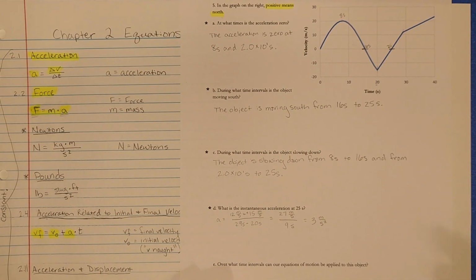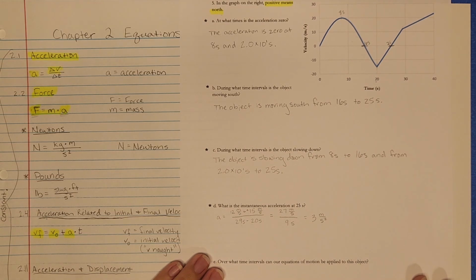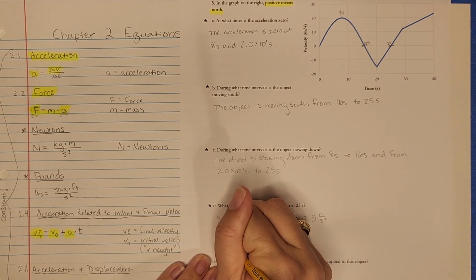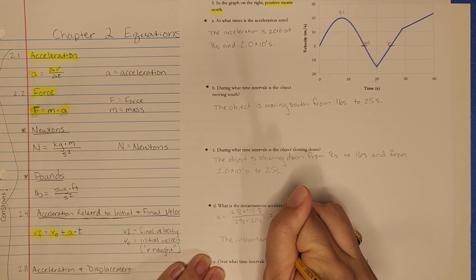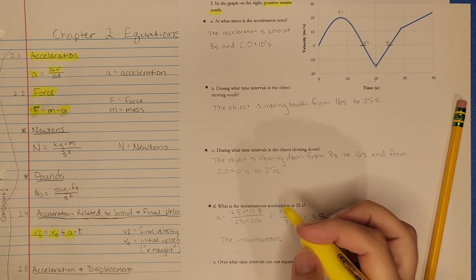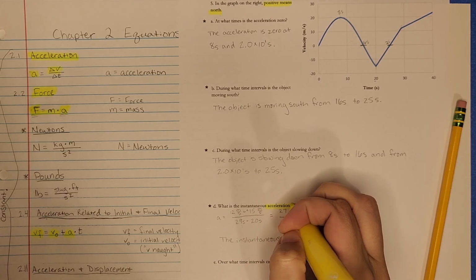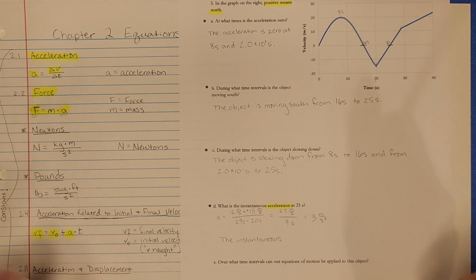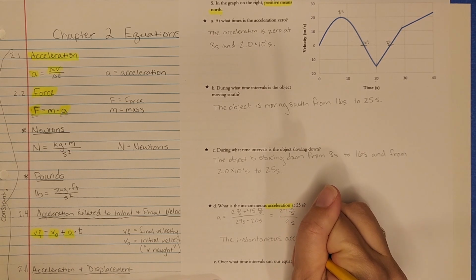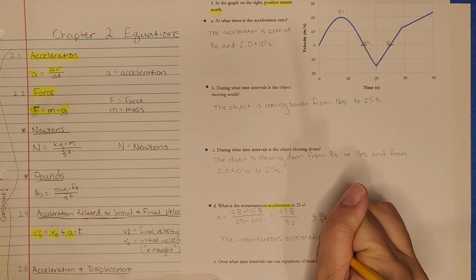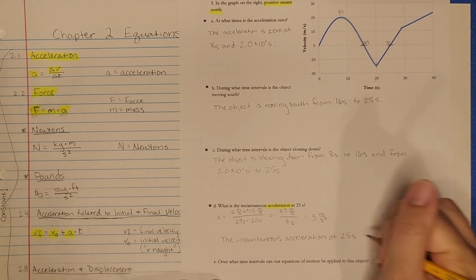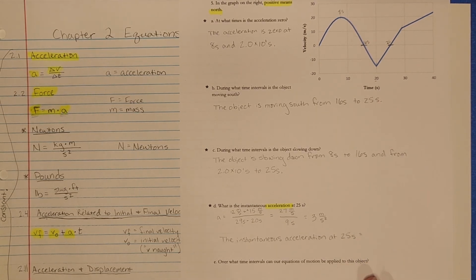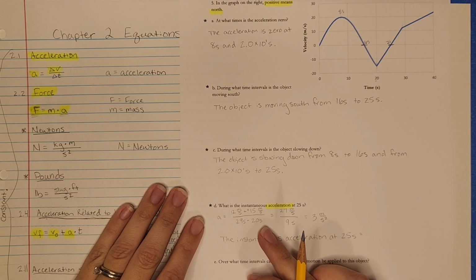So then my final answer for this is the instantaneous... And you know what? I didn't do something that I told you I was going to do. That this is a vector quantity, okay? So the instantaneous acceleration at 25 seconds equals. Now, I didn't include any of the directions in here because